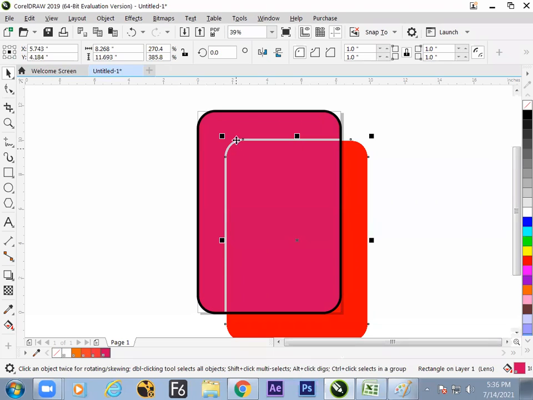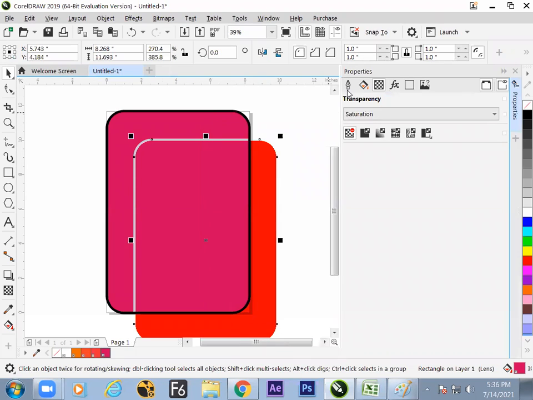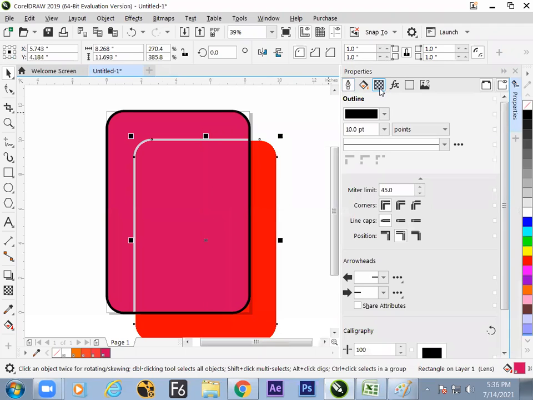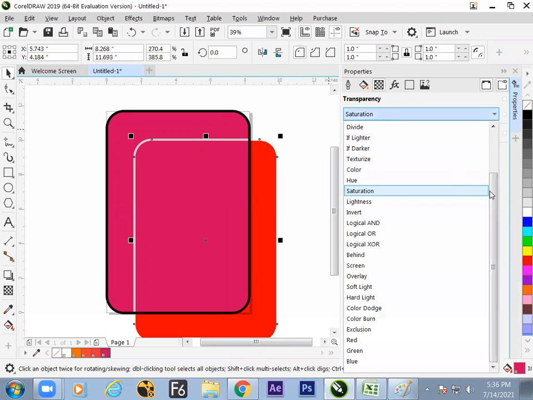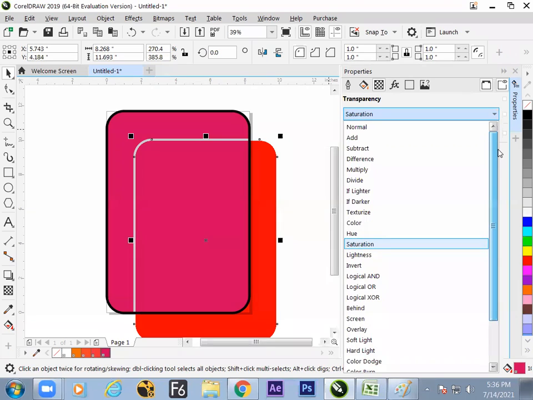What is the hotkey? Alt Enter. Now the third button inside the Alt Enter will let you control the transparency as well as the blend mode. So how many blend modes are there and which blend mode does what? This type of question can be raised. I don't know the answer, but yes, this question is your career.